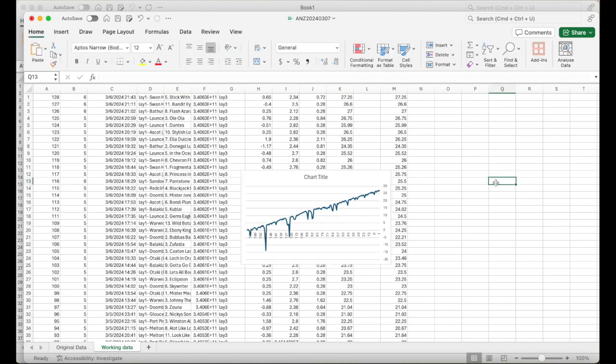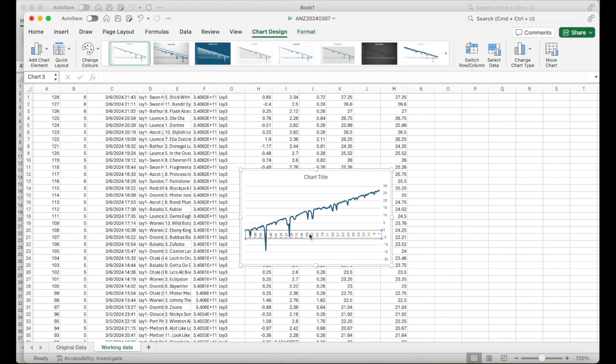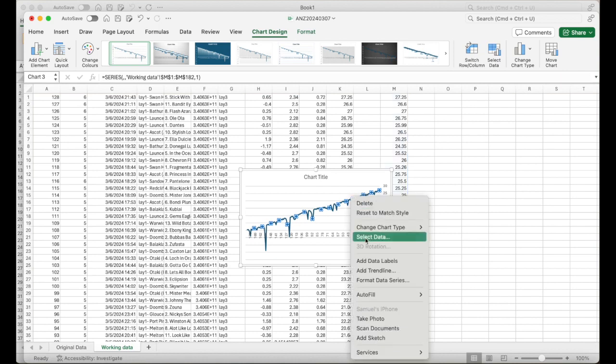So you may want to do some other things with this. You might want to give the chart a title. You might not want these numbers here. You can delete those. You might want to format this series as